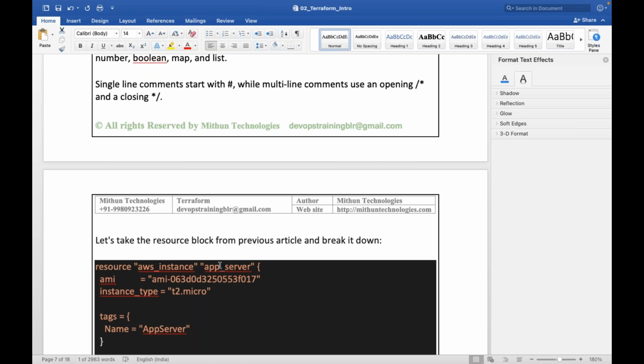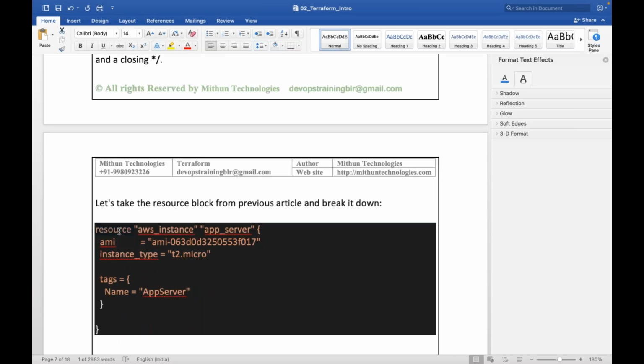Top level blocks are blocks which you can define in any location in the Terraform script. So this is a top level block.